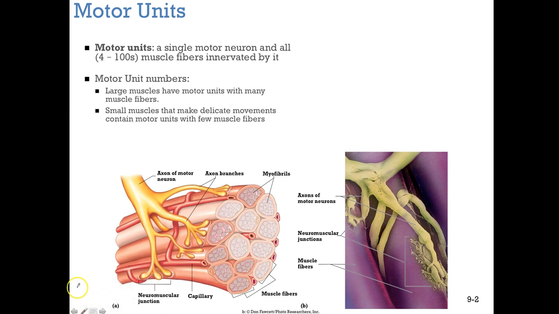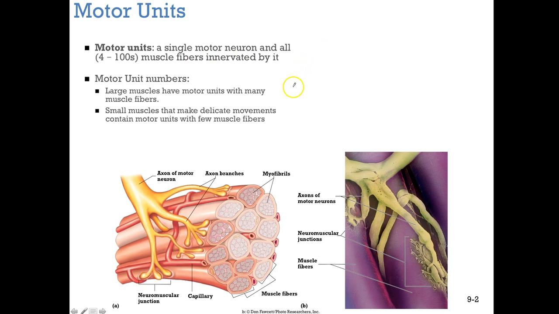So our motor unit has to do with a motor neuron, coming off of your brain, extending down the spinal cord and going to your muscle. And then that motor neuron is making a connection to muscle fibers. And this can range between 4 or hundreds of muscle fibers, depending on what the muscle is, what it's supposed